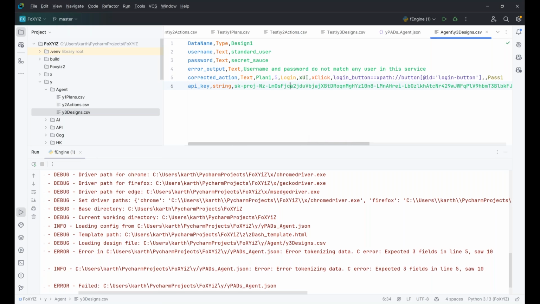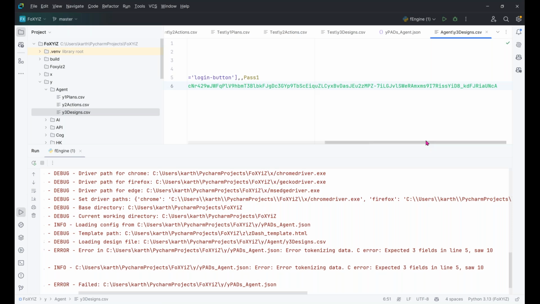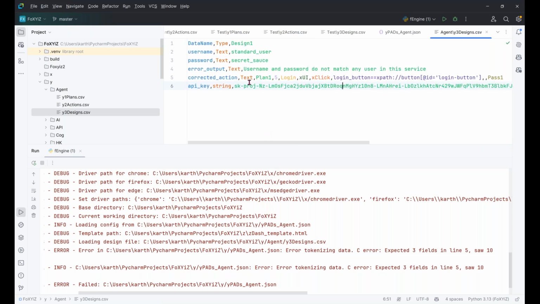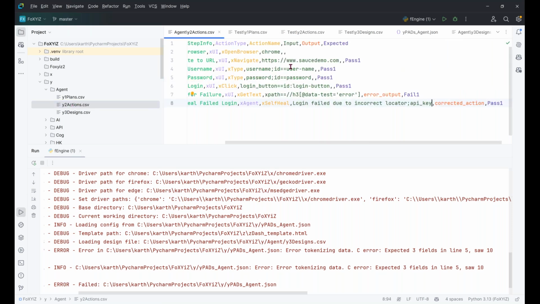I'm assuming here it's too long content. What is it? Data name type design 1. This is the string. Oh, here. What is this? One second, team. Source demo, username, password, login, get text, error,